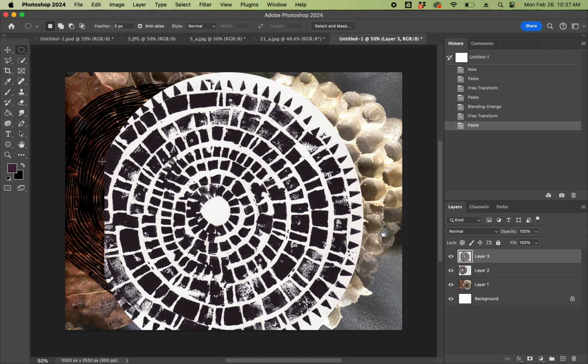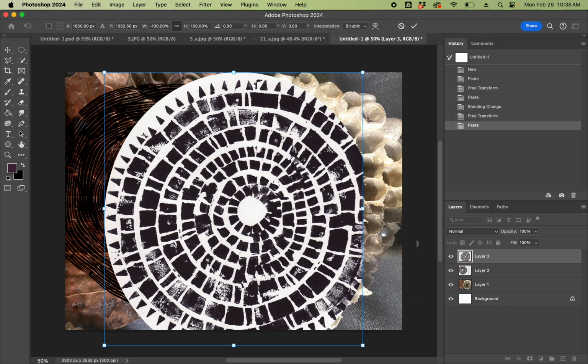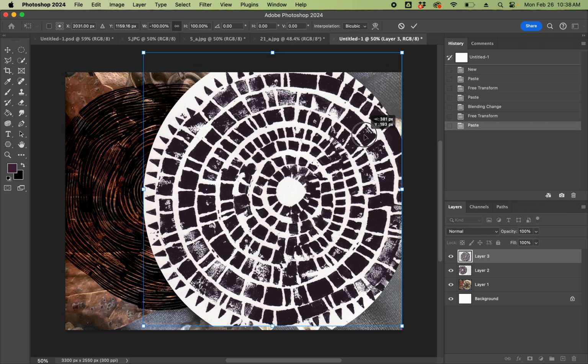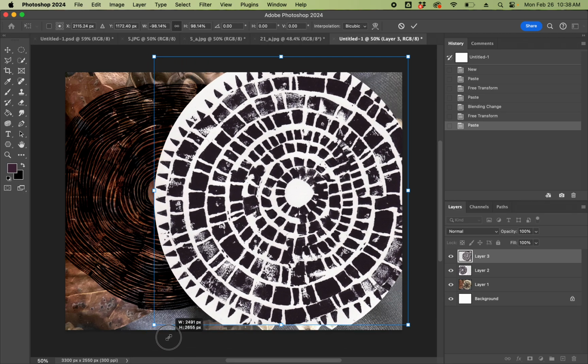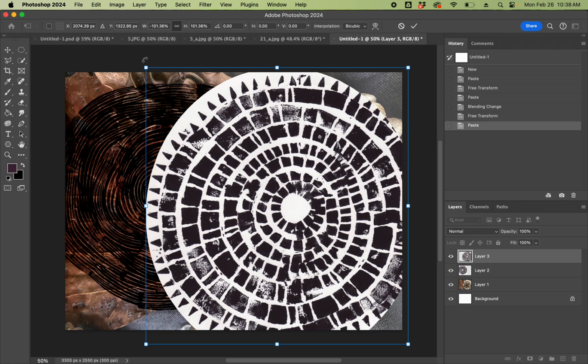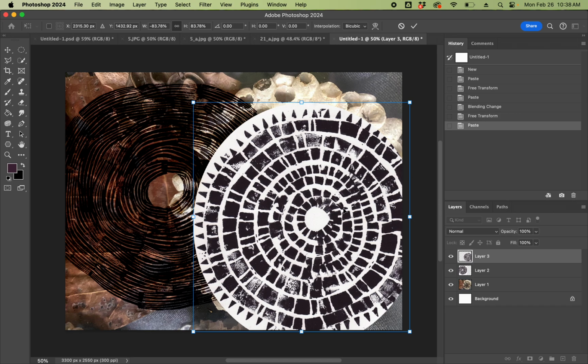Now I want the cut off edge to be on the other side. So I want to flip this image, and I do that by going to the Move tool, clicking on the Transform control box, right-clicking inside, going to the bottom of the window and selecting Flip Horizontal. Okay, so now my cutoff edge is on the other side, and when I move, now I have it cutting off just on that one side and on the bottom. So I'm going to shrink it down a little bit so it's cut off on those two edges. All right. Now, when I confirm transformation,